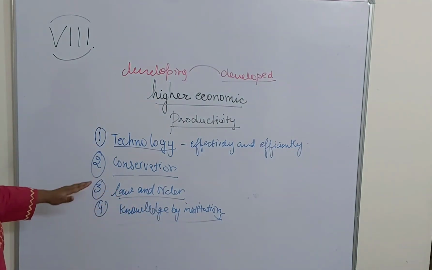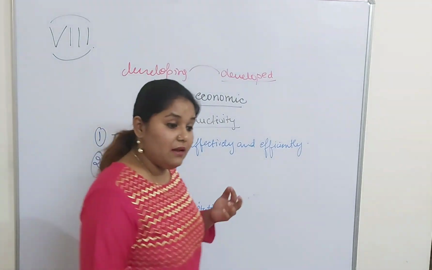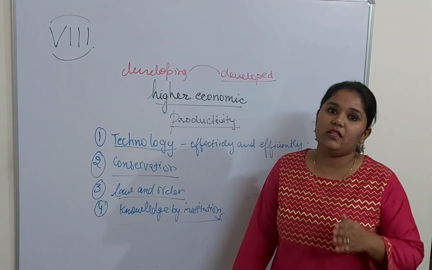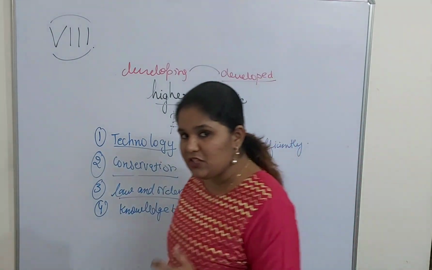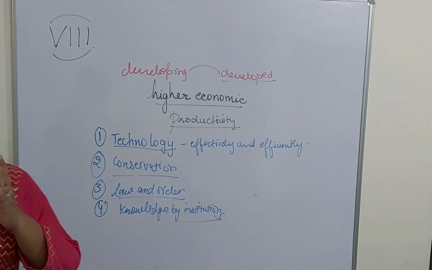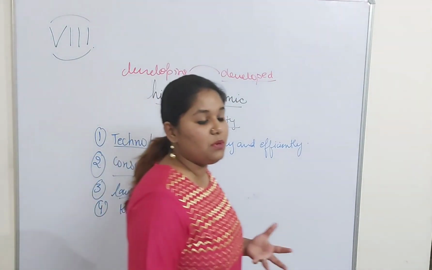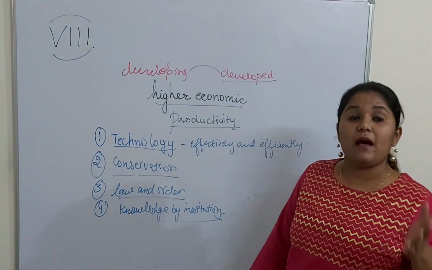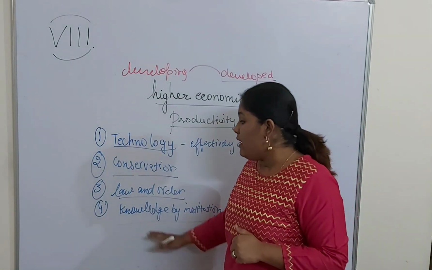If institutions provide knowledge to the common people, the common people will become aware, they will become educated about it, and then they can utilize that knowledge in their own profession. Understood? For example, an example is mentioned in your book: Panchayati Raj institution is providing knowledge to the farmers about the various techniques of production. So when Panchayati Raj institutions, that is Panchayati Raj at the village level, give knowledge to the farmers, they actually apply that in their farming techniques, and they get a high amount of production.